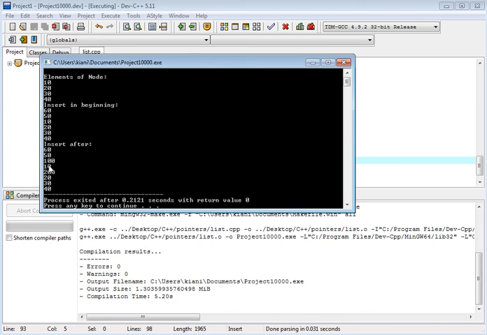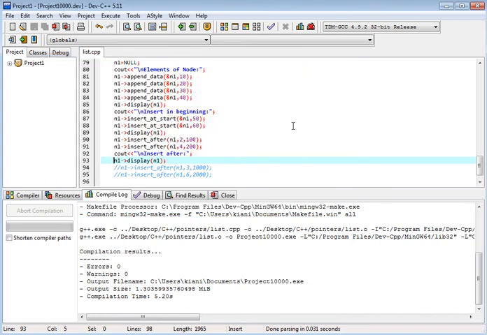So we have elements of data 10, 20, 30, 40. We insert at the beginning 60, 50. Then we add after, for example, this, and we should display this, right?